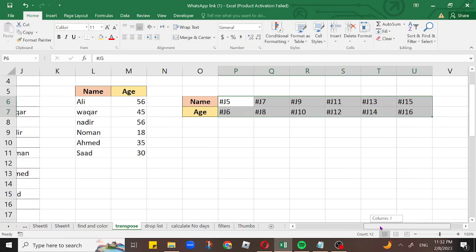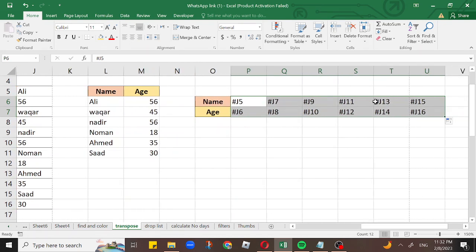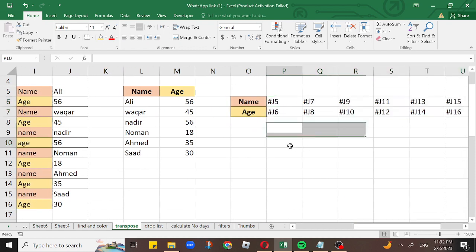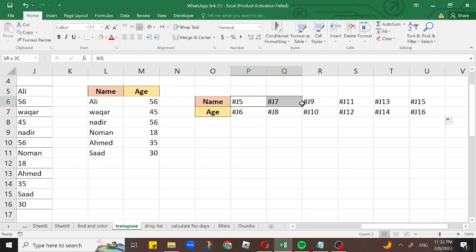You can see Excel itself learned the pattern and filled all the remaining cells. This can be done very quickly. You only have to fill the first four cells manually to provide the pattern. Now what we'll do, select this data